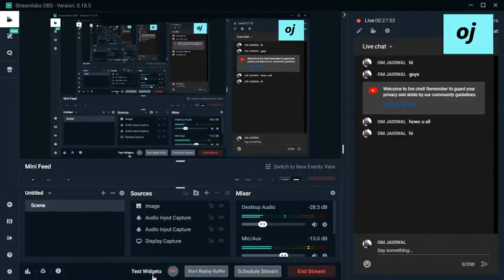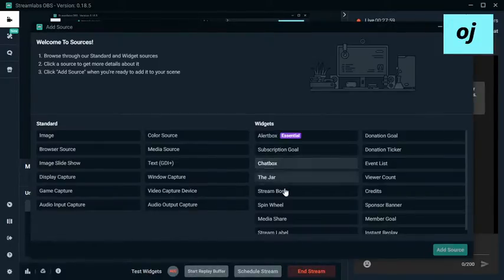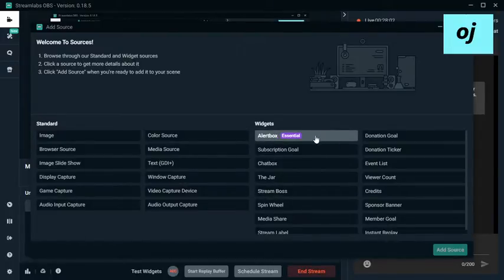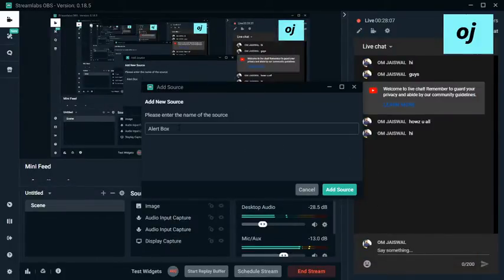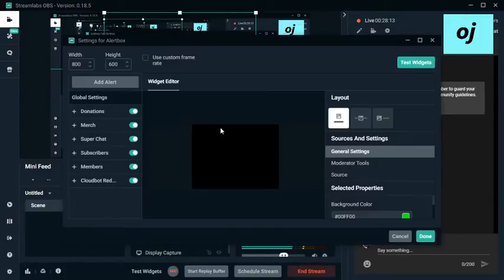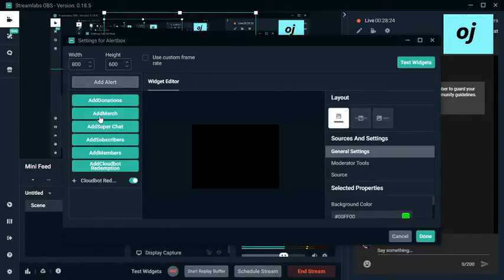Again I am going to go in the simple source, in screen I am coming here. It is an alert box. In alert box I am adding a source here. Please enter the name of source. I have mentioned the ad source. In ad source, let's see what is there. Yeah, it is there. Donations is there, merch is there, super chat is there, subscriber members is there. So in just add alert, when you're going to add alert, you just have to choose add donation. You can see here add donation. So for that or donation,